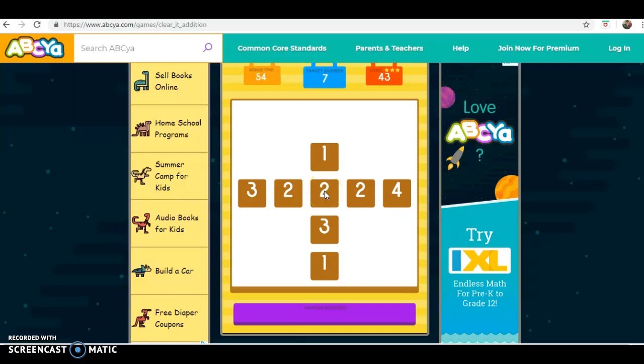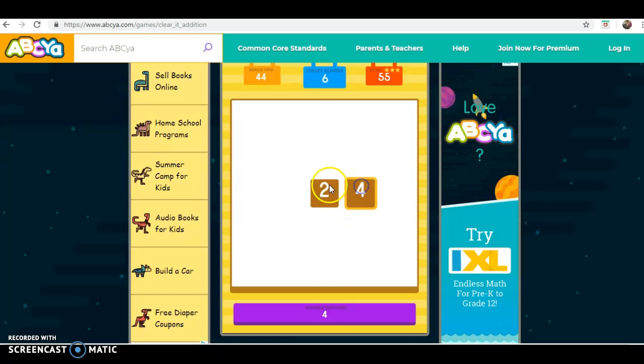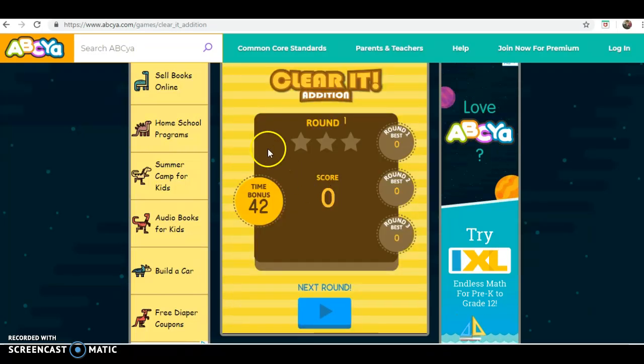We'll go 3 plus 2 plus 2. 5, 1 plus 3 plus 1. And then 6. And there you go. You cleared it. It'll tally up your score, show you the amount of points that you get, your stars right there, and you can click on the next round. So this can help students with autism,